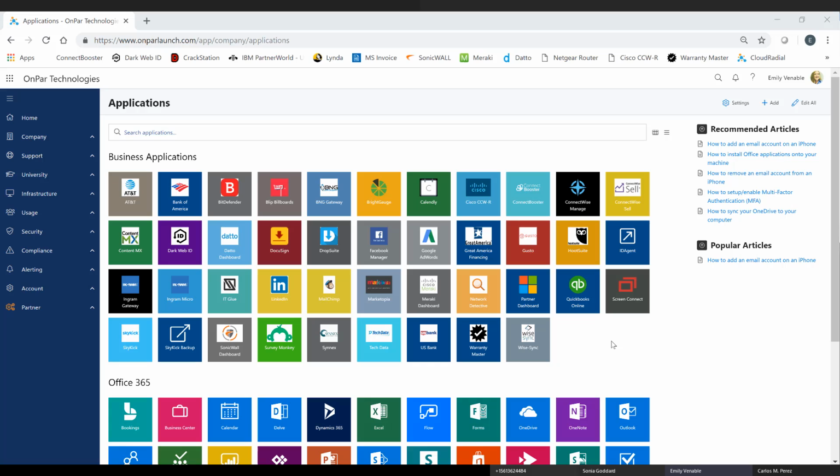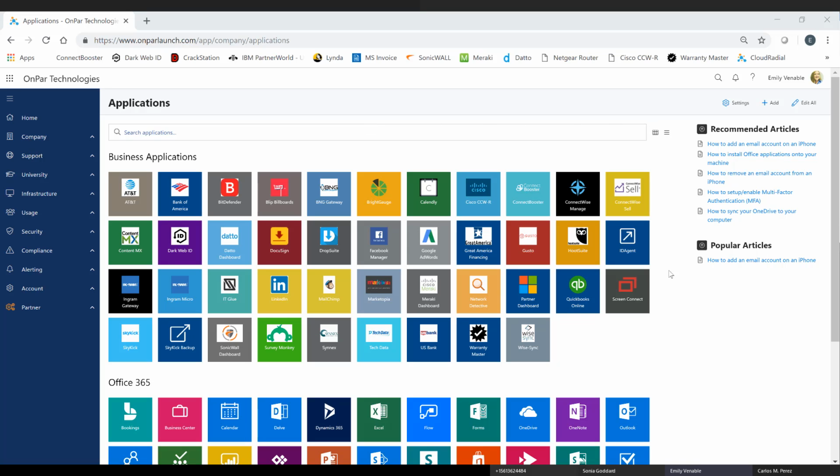I've set myself up since I worked on this to see all of our cloud applications. But let's say, for instance, I was part of the finance group. When I logged in, I might not see all of these applications. I might just see maybe QuickBooks and our bank information and some other things. So I might just have 4 or 5 different applications that I use in my job. So when you log in, you only see the things you have, and for the groups that you have been